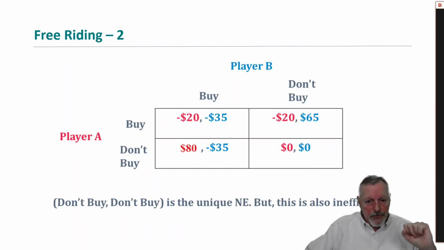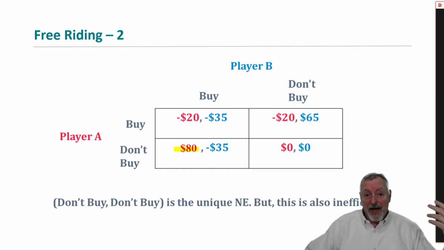Now, these numbers are different and they're not symmetrical, but you have the same problem as before. Player A thinks, well, if B buys, what should I, A, do? Well, if I don't buy it, I think air conditioning is worth $80. I get $80 of benefit. If I do buy it, I've spent $100 for something that I only value at 80. I'm worse off by 20. So player A here would not buy.